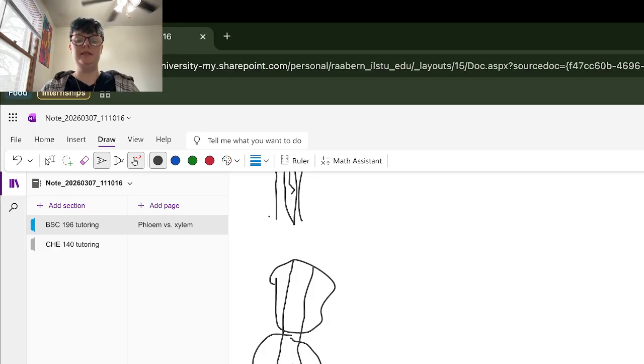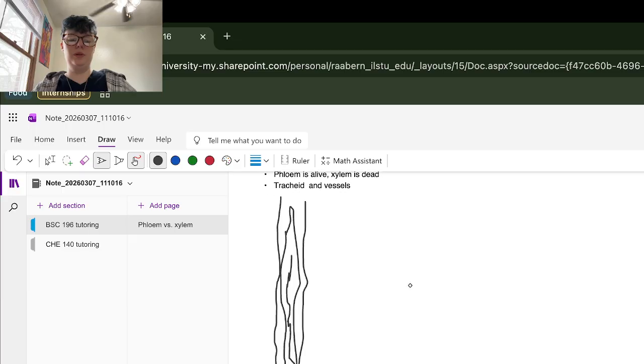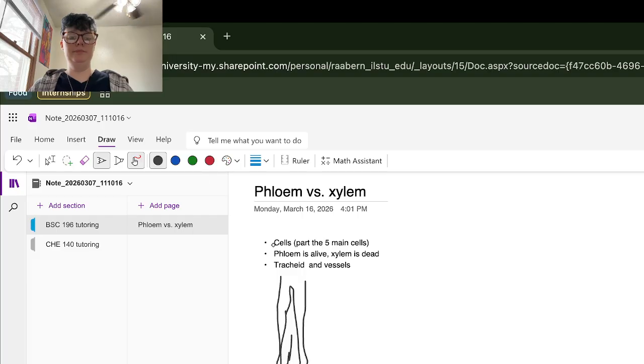So basically, the sieve plate you can think of as a little pore, almost like a plate with holes in it that allows the nutrients to travel from one cell into another. And one way to remember that phloem is up and down, unlike xylem, think of the,